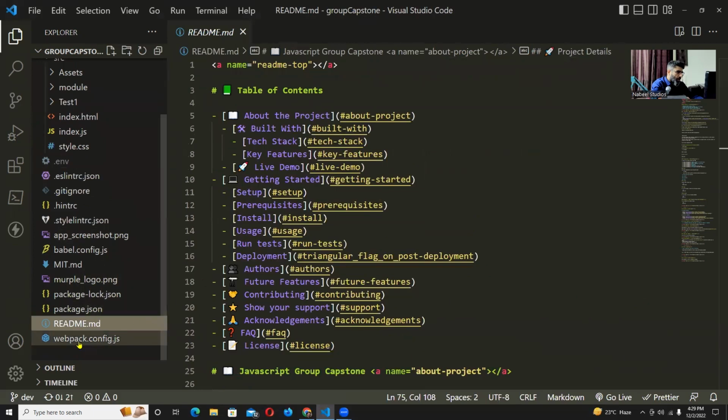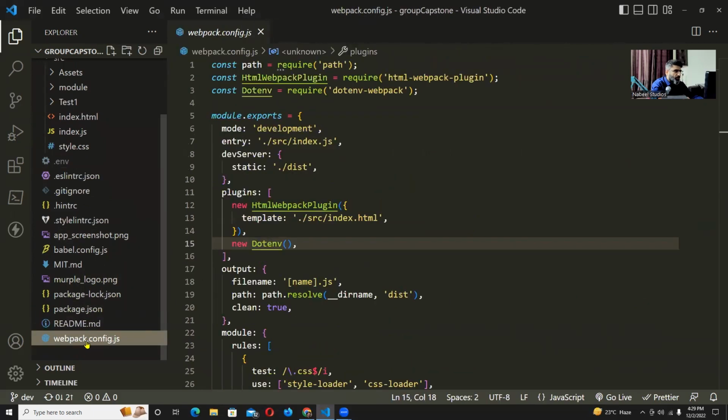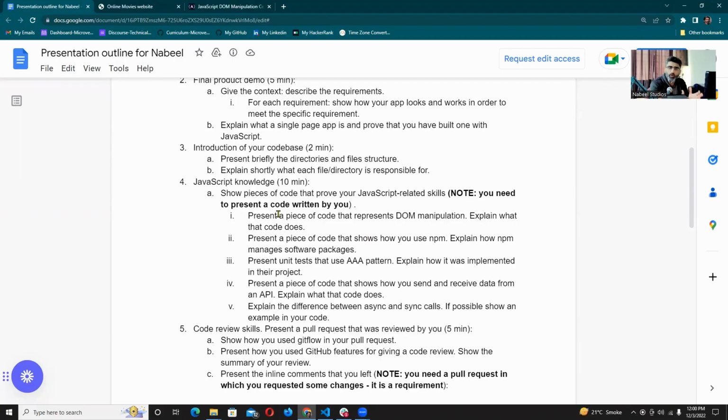And this is the Webpack's configuration file. DOM means document object model. And DOM manipulation means that when you use JavaScript to add, remove, or modify an element in your website. Simple. So now, before showing my code, let me quickly show you my website